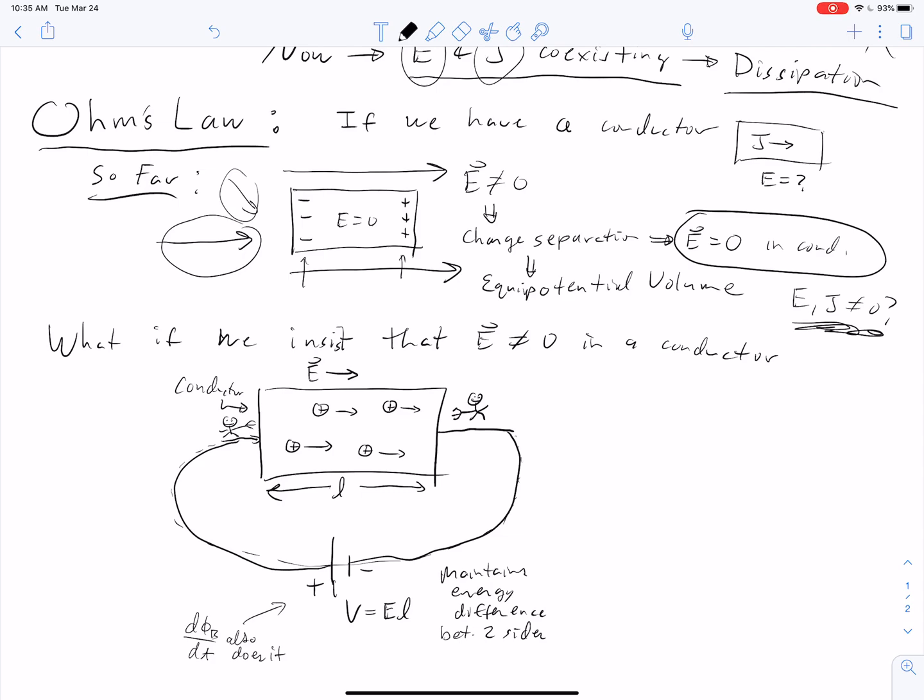Okay, and so let's try to answer this question now. So suppose I have some J passing through my conductor. So suppose I have this situation, and this current here is J, right? This flowing charge, that's J. And so suppose we have some J and E, then what is the relationship between them? What is the relationship between J and E in the conductor? That's the question. The answer, of course, is Ohm's law, but let's derive it